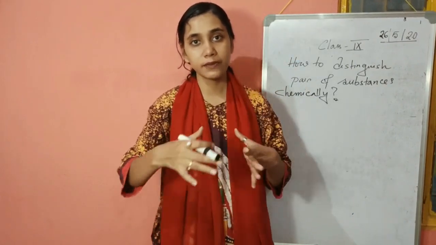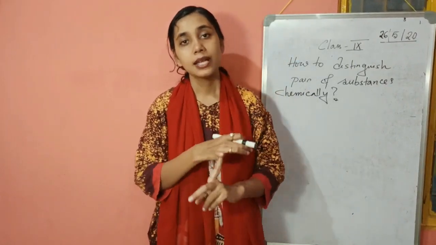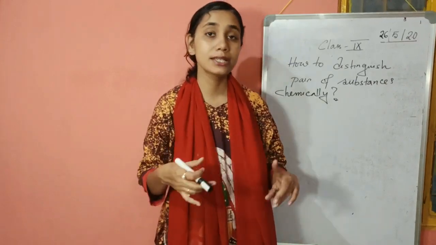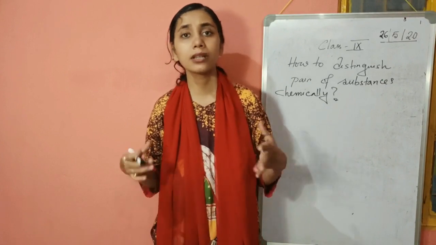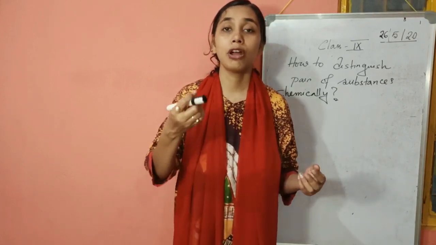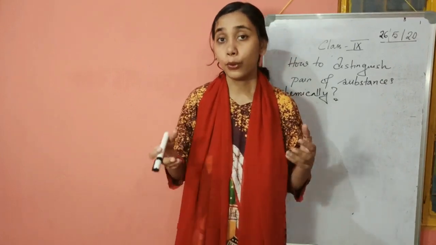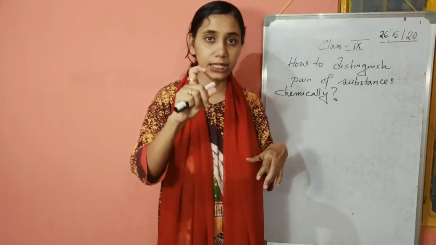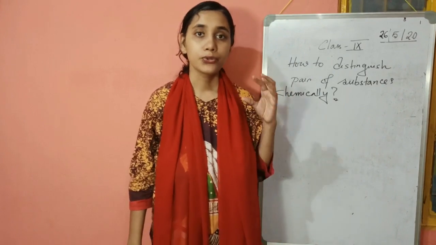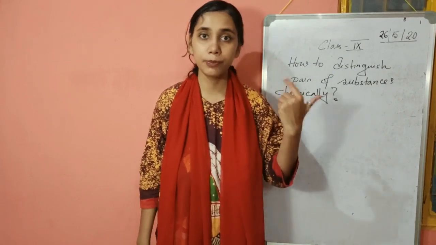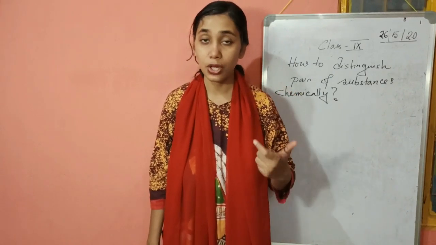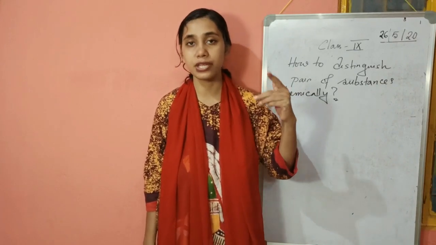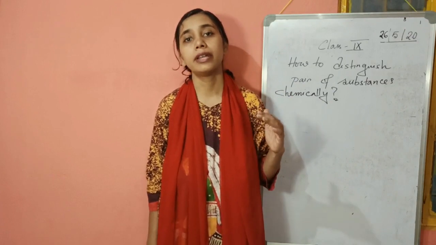So three things we have seen. One is the heating method. Second is treatment with a reagent, under that the use of barium chloride. Third is the use of silver nitrate. Other than this, suppose you have ferrous sulfate and copper sulfate. If you place an iron nail in these two solutions, iron can displace copper, but with FeSO4 there will be no reaction. That is your knowledge of reactions that you already have in your mind.